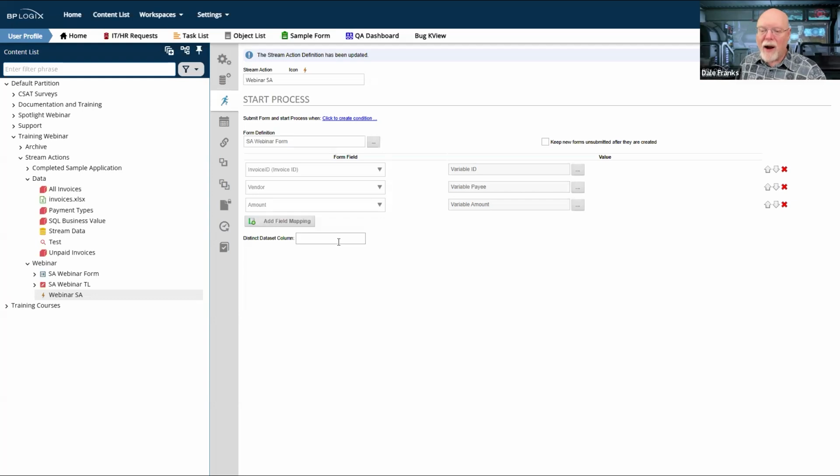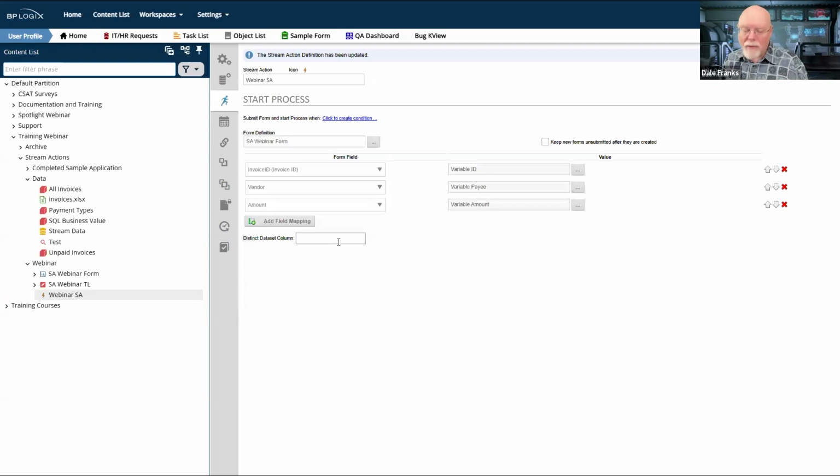Now, if I were to say, okay, well, select the distinct data set column of ID, it's only going to return one of those 2 rows, but both of them have to be paid. So I would only end up actually paying one of the invoices, even though I needed to pay both of those invoices. Actually, I don't think I would select ID. I think I would select either payee or amount. So in my case, that wouldn't work well.